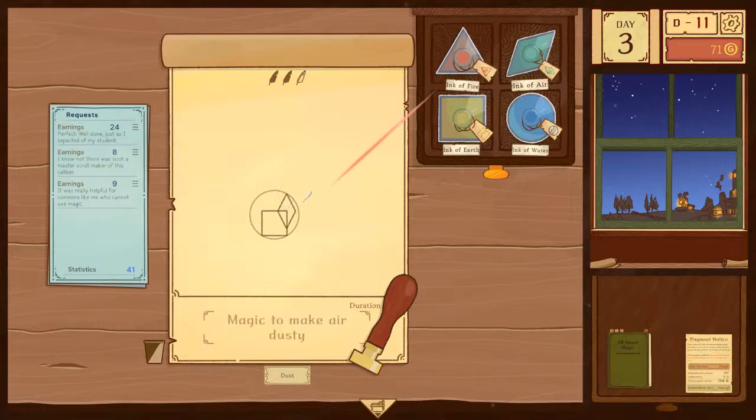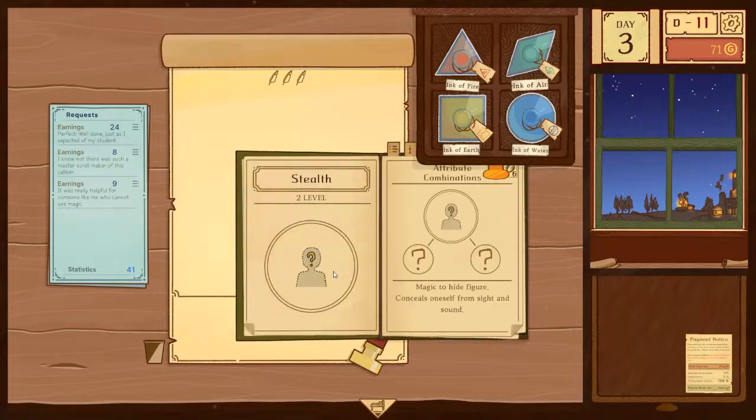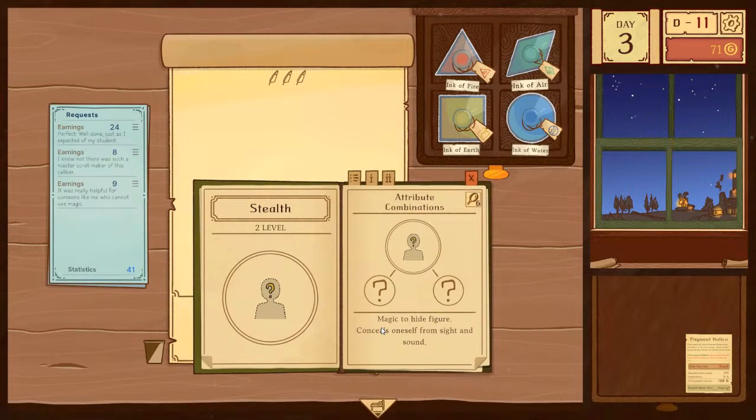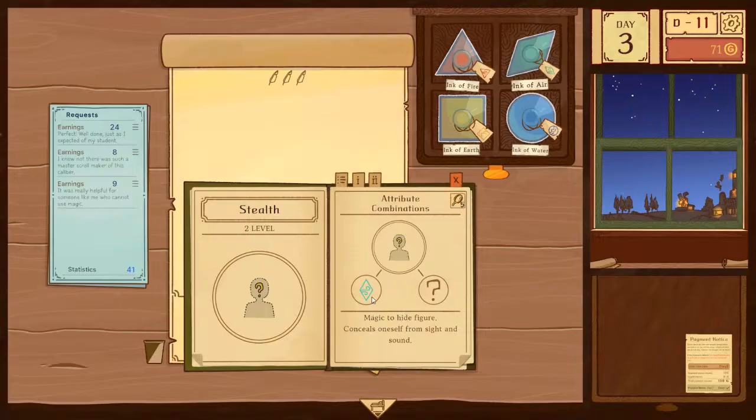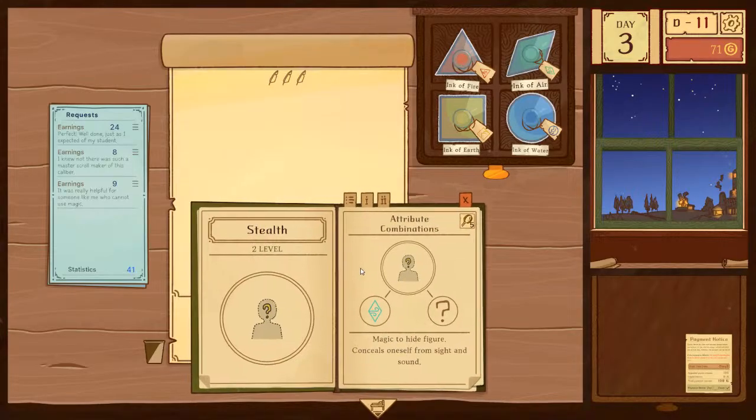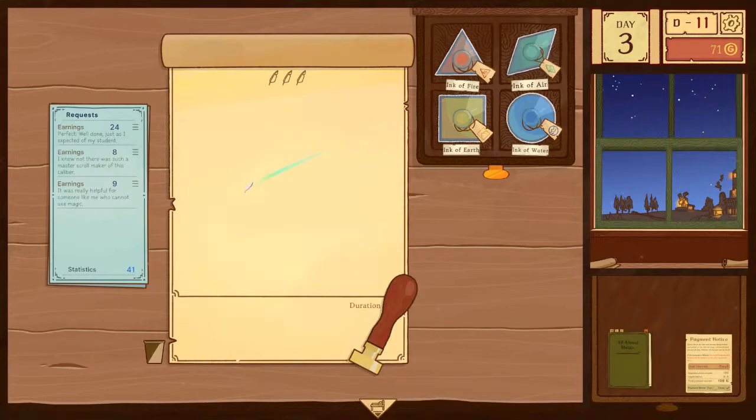No. Fire. Water. More earth? So probably not dust. Pretty sure it was dust though. Let's do a hint. Air? That's an awful way to make hints. Air with something, but if it's not dust, what could it be?